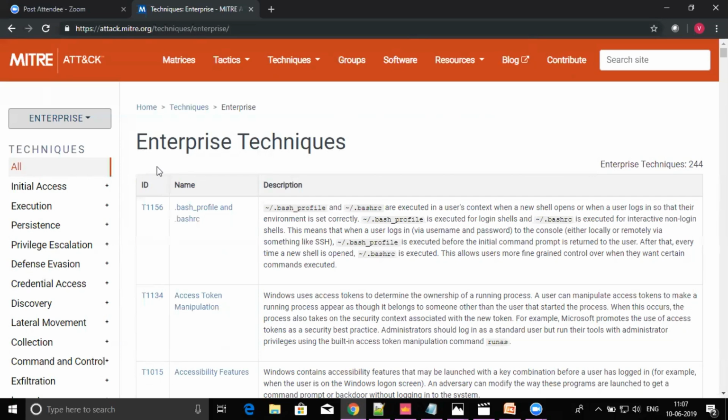So let me give you a proper overview of this. See, enterprise techniques. Now you might be bothered, like there is so much information. How am I supposed to look into any information like this? How is it relevant? How can I make it more relevant? So now, before starting,